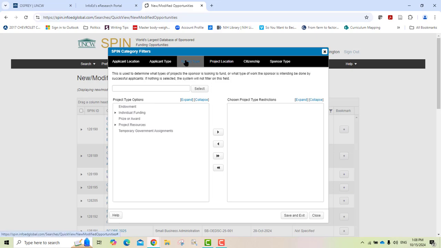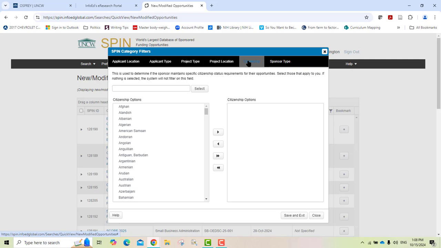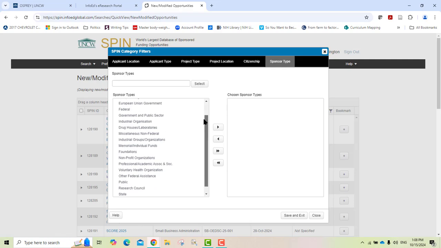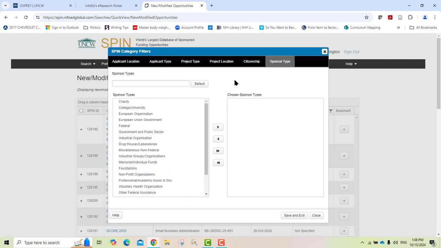Project type, project location, and these are constantly being updated. Okay, so the reason you'd want to maybe go back in and check on these or change these from time to time is because this is a dynamic database and this is being updated periodically. Okay, citizenship options, and then sponsor type. All right, so those are your filters and filter categories